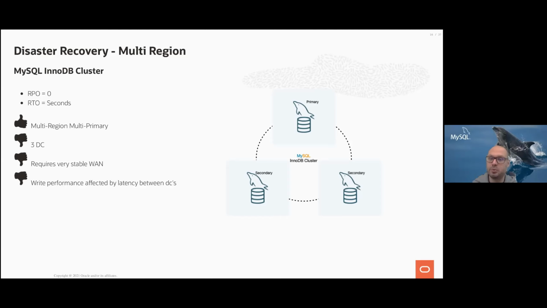So packet loss will cause network partitions, or if the network goes down for a minute, it will have an impact, of course. So it's not advisable to run this over the public internet, for example. So you need a very stable wide area network. You need 3 data centers to have automatic failover. It does not work with 2 data centers, because if you want automatic failover and prevent disaster, we recommend within